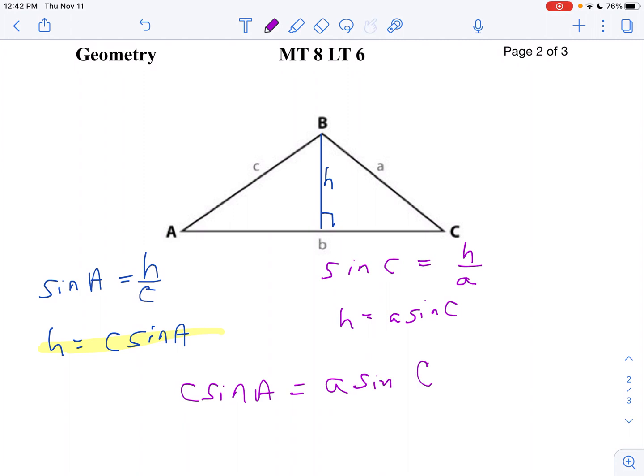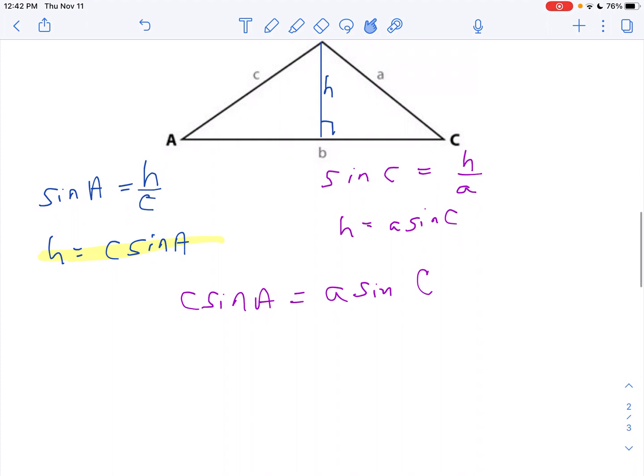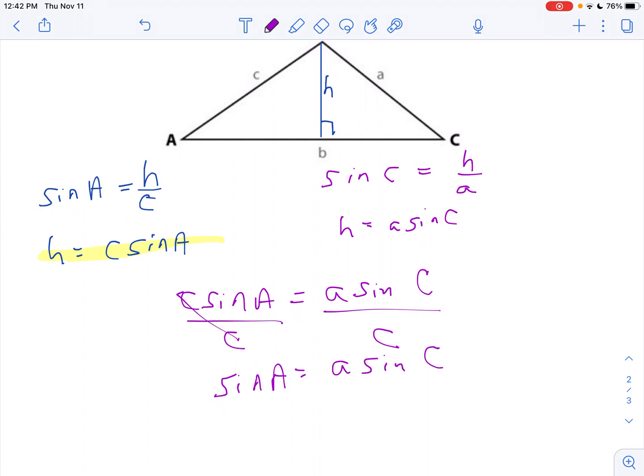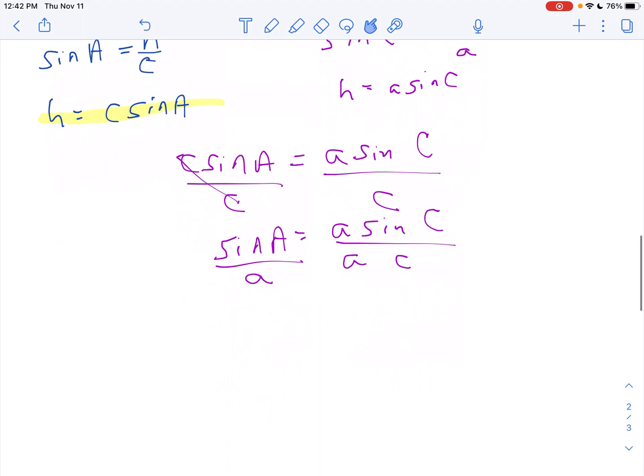Now we'll do a little algebra. Let's get all my c's on one side and all my a's on the other side. So what I'll do is I'll divide both sides by c to start with. So then I get the sine of angle A equals a times the sine of C all over c. Then I'll divide both sides by a. So then I get the sine of angle A over a equals the sine of angle C